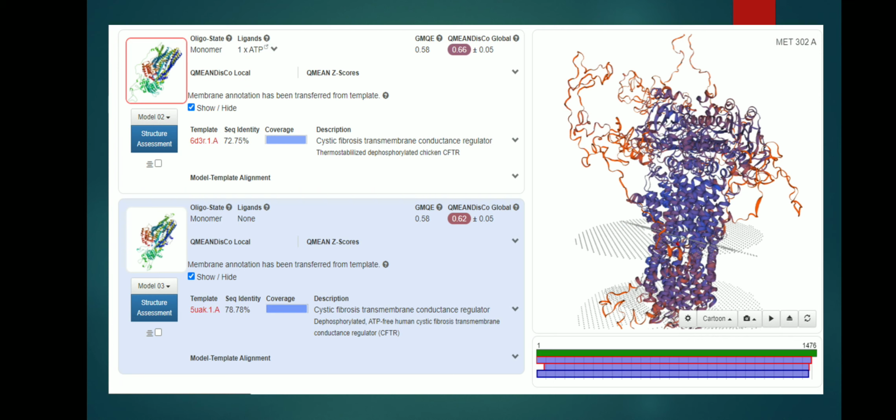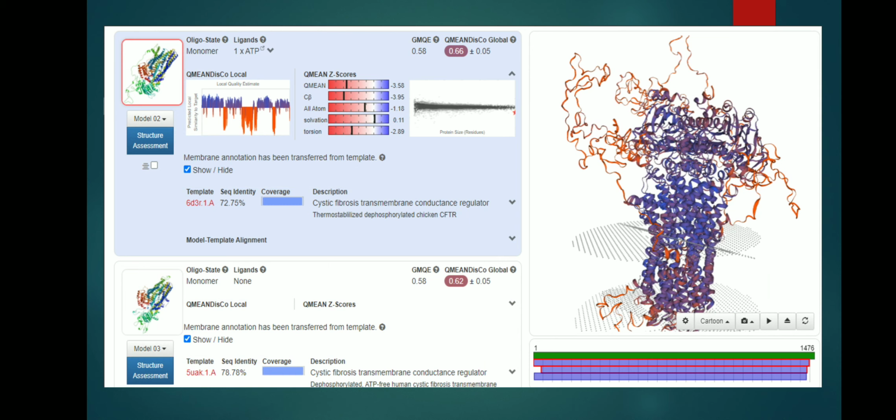GMQE stands for Global Model Quality Estimation. The sequence identity is 78.78%, and the above one is 72.75%. So the second one is chosen as our best homology model, and the left corner gives us the 3D image of the protein.